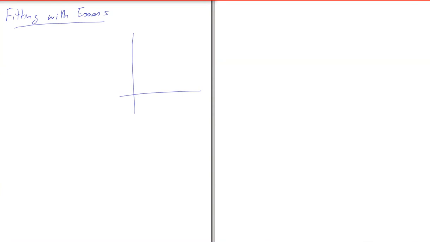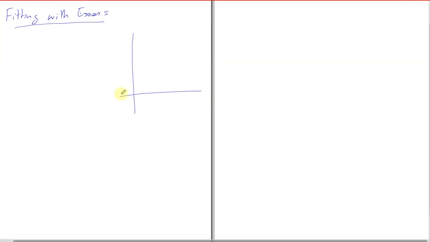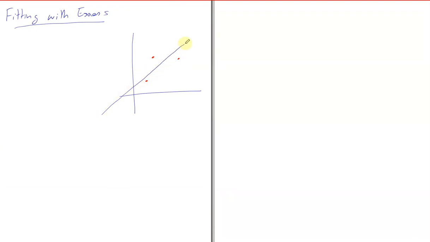Let's say you got these data points like this. Some point here, there is some point there, there is some point here. The actual solution was actually this line, and you should have got this point or this point or this point, but unfortunately, because there's an error in the measurement device, you got these points. So the question is, can we find this line?